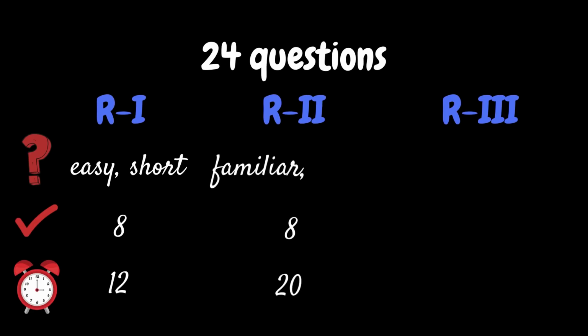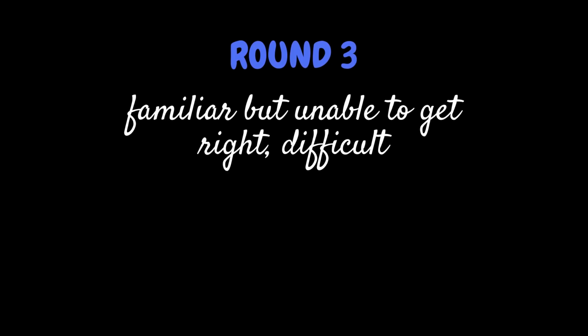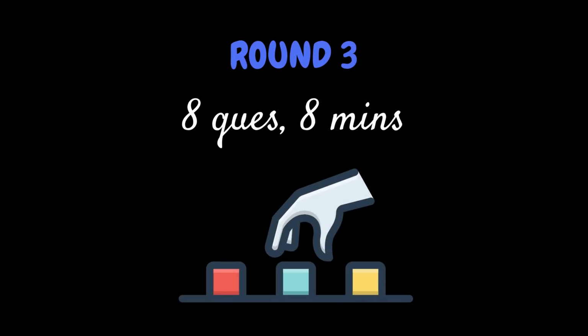So at the end of round 2, the tally would go up by 8 more questions, which is 16 questions done in total and 32 minutes spent. See, by now you would have 8 minutes left and 8 more questions to solve. This may seem like a tough position to be in, but what you need to note is that all those questions would be mostly of the unfamiliar types or the ones that you were not able to do, or difficult questions. You anyway don't have to attempt all the questions in the QA section. Picking the right questions is the biggest trick that you can learn in the QA section.